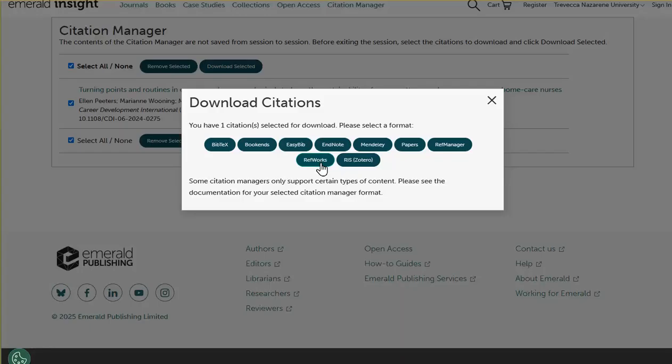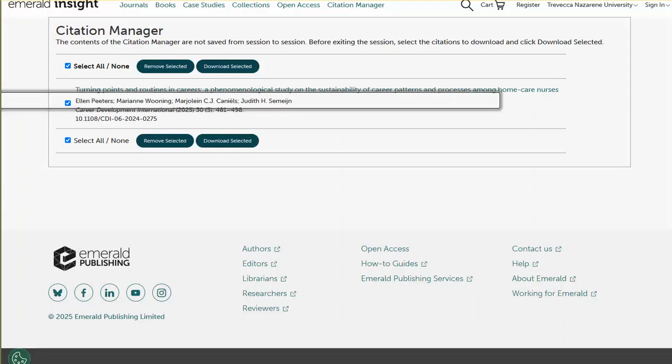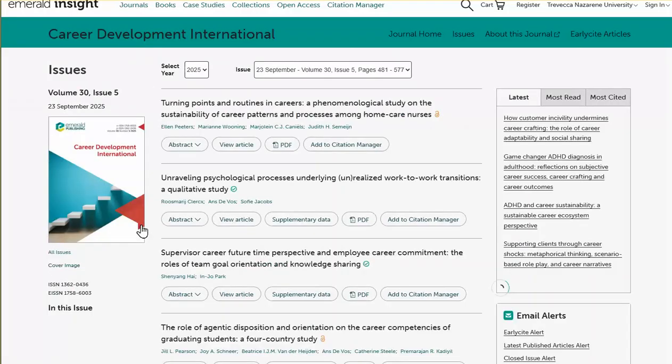However, it is very awkward right now because it downloads a text, a .txt file, which is not easily imported into RefWorks. There is an accompanying video that you should watch about RefWorks. You'll see it on the Program Research Guide on the left that shows you a really quick, short way to import your citations from here into your